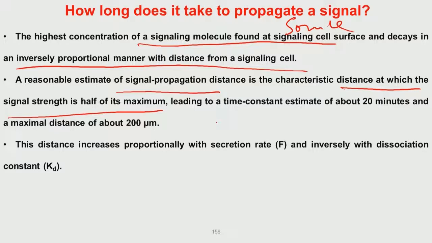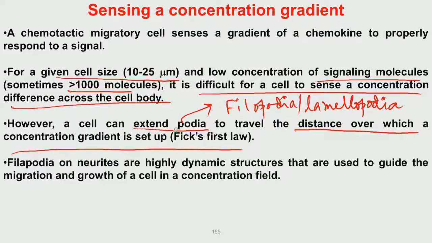And the time constant of the signaling process is typically 20 minutes. This time constant comes from a typical electrical engineering circuit concept. In cell signaling, as I said before, it also represents a complex communication network between a source cell and target cell. So, this kind of network can also be solved following electrical engineering principles to get a time constant of 20 minutes, and a maximum distance for effective signal transfer of about 200 micron. So, what it means is that